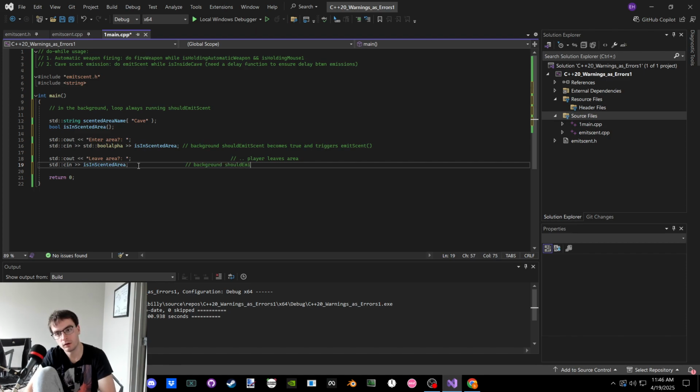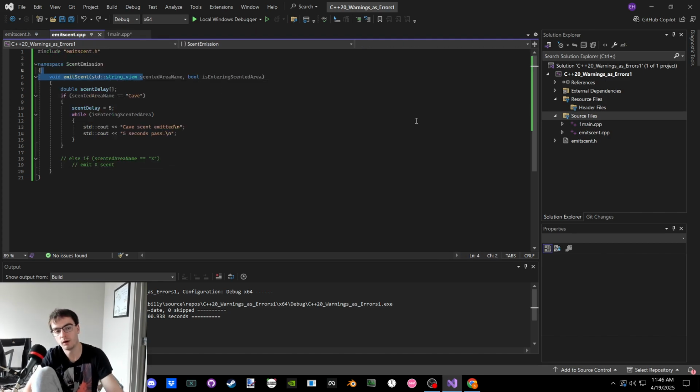Background should emit scent becomes false and stops triggering emit scent. Okay, so this turned out to be a better example of a while loop than a do while,